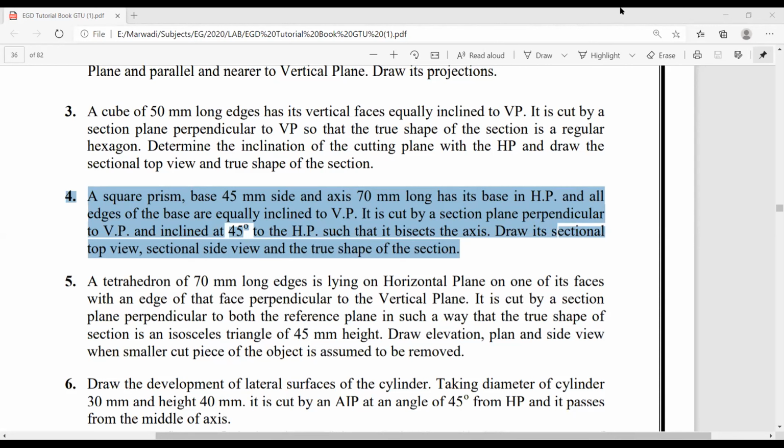Okay. Square prism, base 45 mm and axis 70 mm long, has its base in HP.